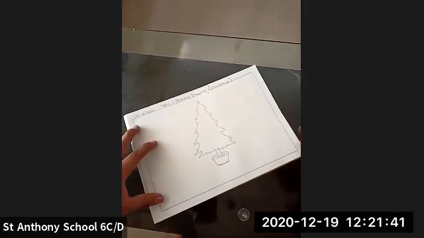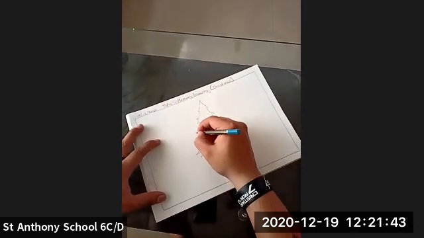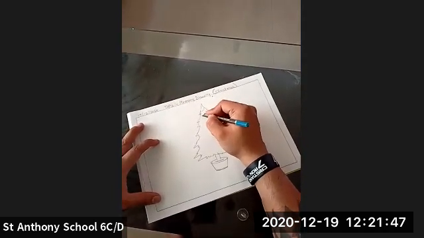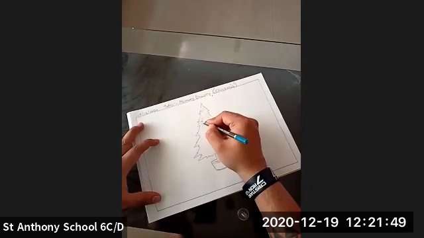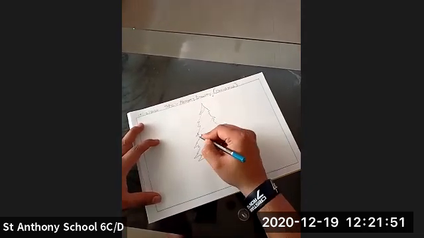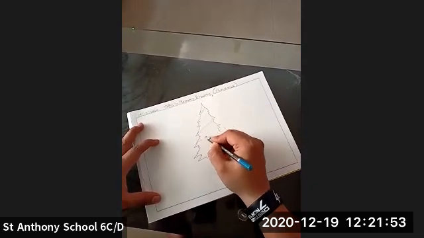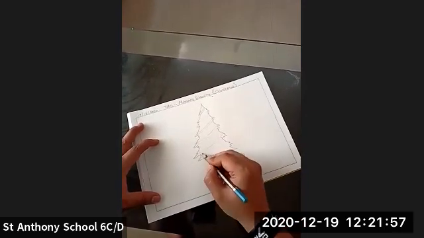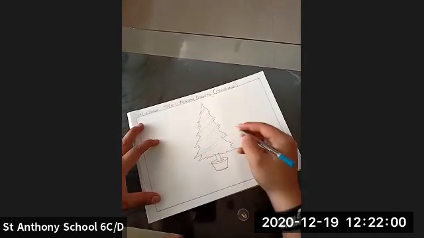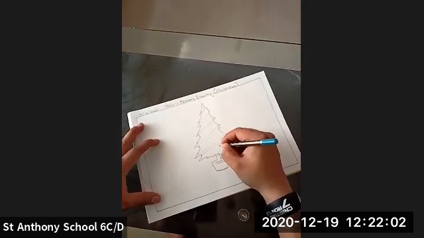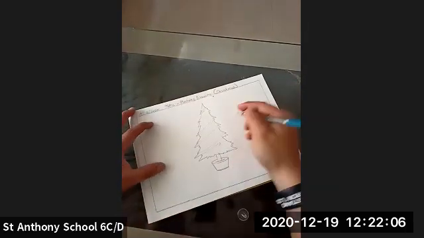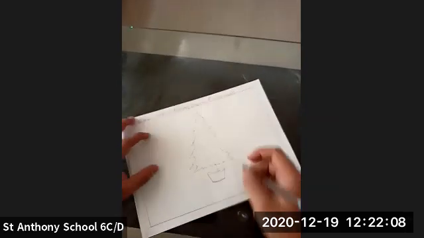Yes, as you can see here, I've drawn the Christmas tree. And now I'm going to pass some ribbons over here on this part. Okay, and then I'm going to decorate this with some decorative materials. Okay, so now let's begin with the characters.